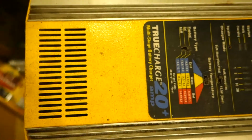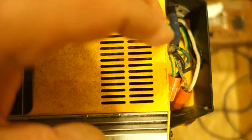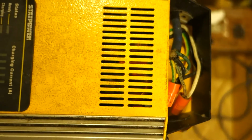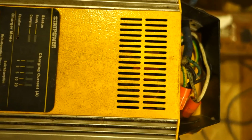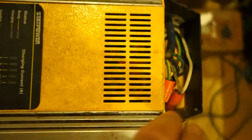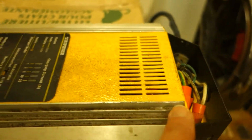After you take that strain relief off, you're going to be able to lift this end of the case up, and you'll have to feed these power wires. They're soldered to the board, which is on the bottom, so you're going to have to feed them in a few inches in order to be able to lift this yellow case up. And remember, you're just taking out the screws that I mentioned, and you're just taking off the yellow part. Once this end is raised completely above the charger, then you're going to be able to push the yellow case down